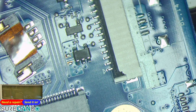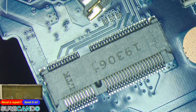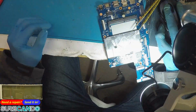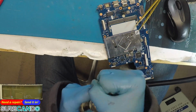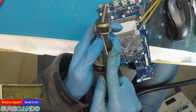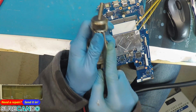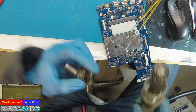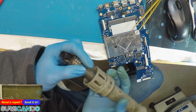Okay, microscope. Okay, so where's our connector, which is there. Okay, so we're going to use a large nozzle. Now, one important thing, many people make a mistake, they just plug it in. Not good. So what you want to do, right,